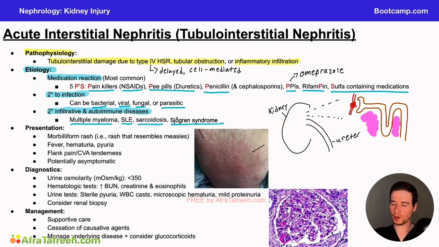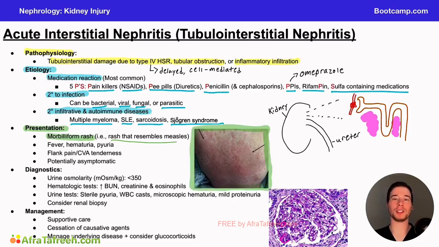Next, I want to move on to our presentation. So one of the classic findings associated with acute interstitial nephritis is this morbilliform rash. And this essentially means that the rash resembles that of measles. Here is an image of it right here. I'm highlighting in green so you can get a general idea of what this might look like on a patient's presentation. A classic place for it to occur is on the back, but it can also occur on the arms, the chest, and various different regions. But I just want you to be familiar so that you've seen this image if it were to show up